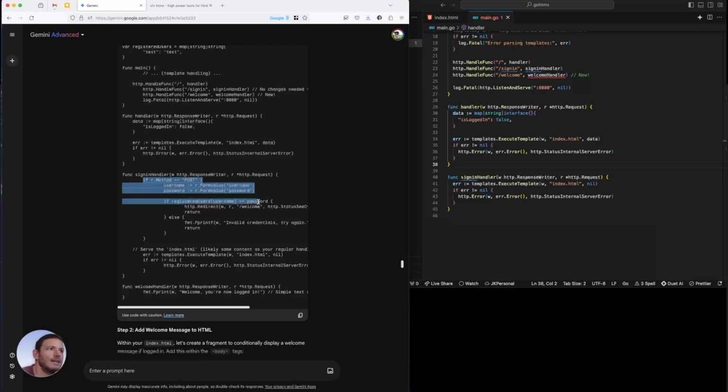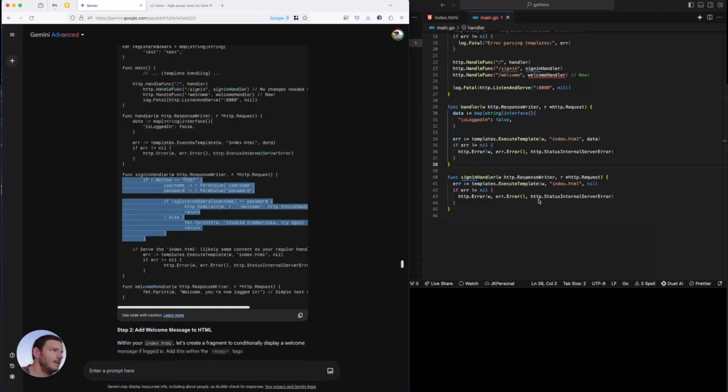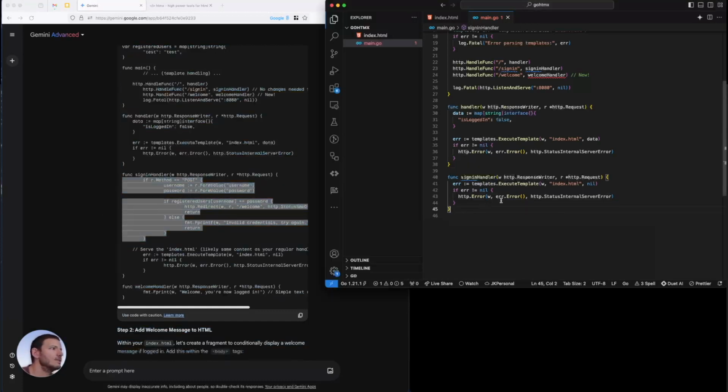And then we check against the registered user's username. So saying, hey, if the user is user, we then check that the password is pass. Okay, and then if it is, then we do a redirect. If not, then we say it's invalid. Okay, that makes sense. So we copy that, and then we'll go to the sign-in handler here, and let's make